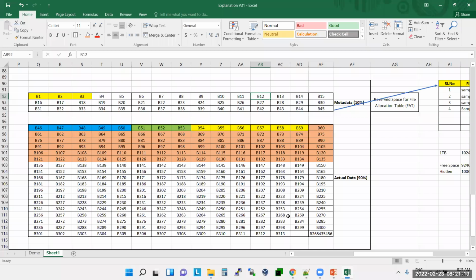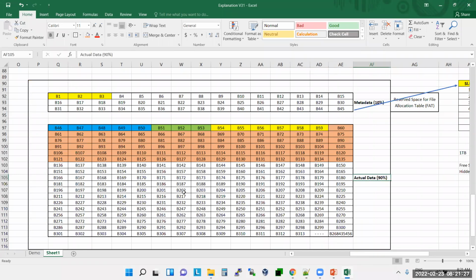Now guys, this is the disk, and the disk is divided into metadata and actual data. What is the entry point, the starting point for your disk? Master boot record.